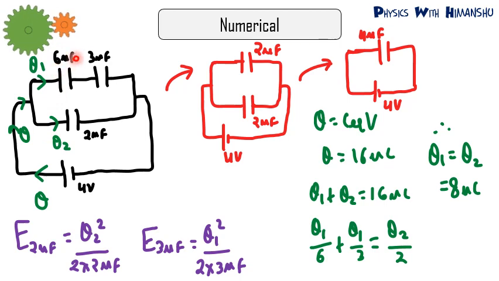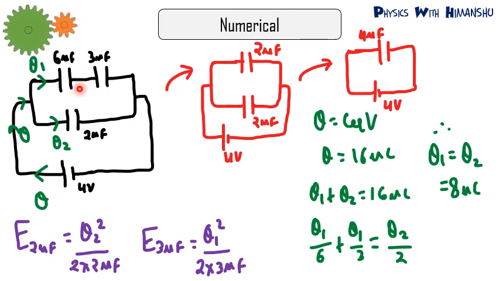Now 6 microfarad and 3 microfarad both are in series. So both will have same charge. So Q2 is in lower branch. Now putting the formula, see, Q is 16 microcoulomb and Q divides into two parts, Q1 and Q2. So one equation will be Q1 plus Q2 equal to 16 microcoulomb. So basically we will have two equations. One is from conservation of charge, another is from same potential.